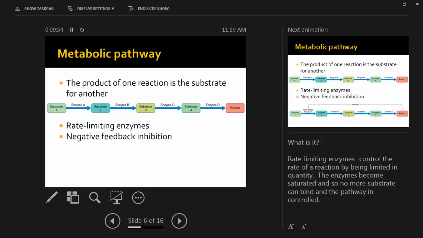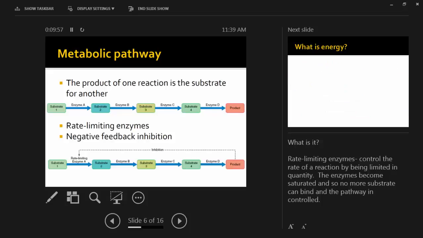Of course, there's also, like most things in A&P, negative feedback inhibition. So here you have a pathway where there is a rate-limiting enzyme A, again, which means that it doesn't matter how much substrate you pack into the body, there's only a limited amount of enzyme to be used, and so it's going to slow down the rate of the reaction. But you also can have this inhibition, where you make this product, whatever that product is, and it actually feeds back and further inhibits this enzyme A, or it could feed back and inhibit enzyme B or enzyme C, but it will slow down the production of further product once you have enough, just standard negative feedback.